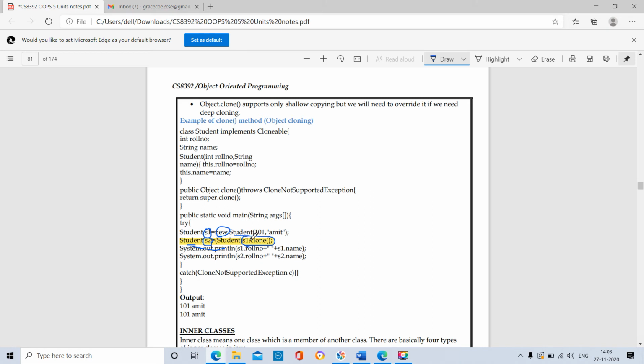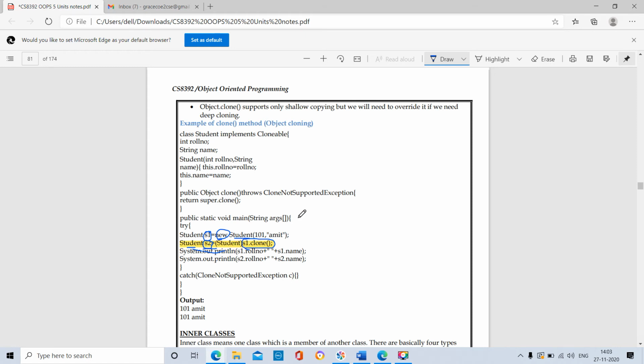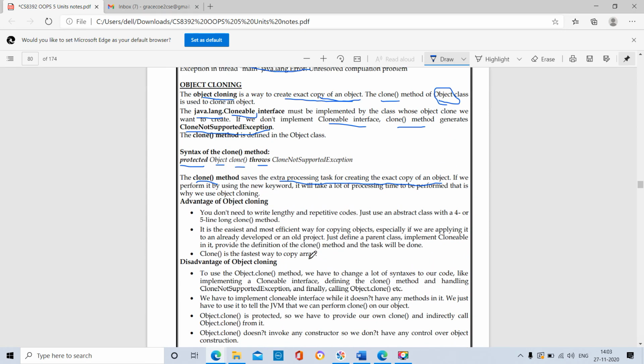By using the s1 object, we are calling the method clone. Whatever variables, methods or values the s1 object has will be assigned to the object s2. See the example; I will tell again.